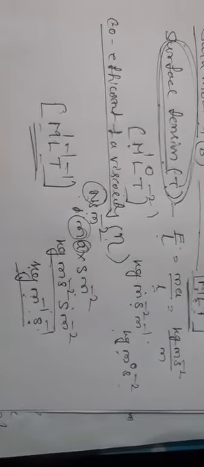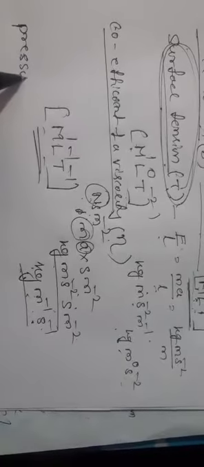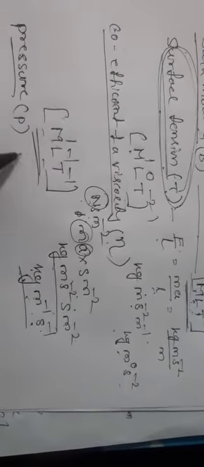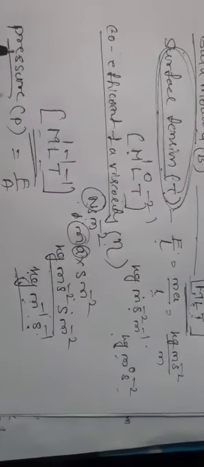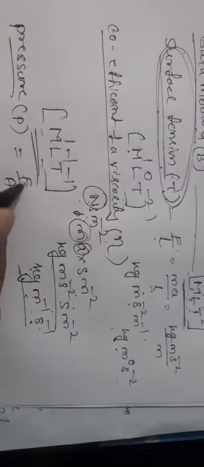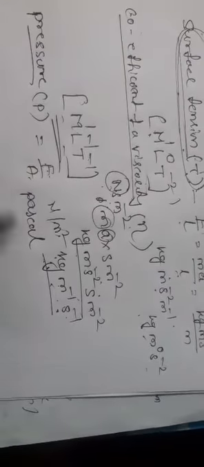Okay, now next physical quantity is pressure. Pressure is also a property of liquid. The symbol is capital P. Pressure means the force acting per unit area. The unit of force is Newton, and the unit of area is meter square, so the unit is Newton per meter square. The standard SI unit is Pascal. 1 Pascal means 1 Newton of force